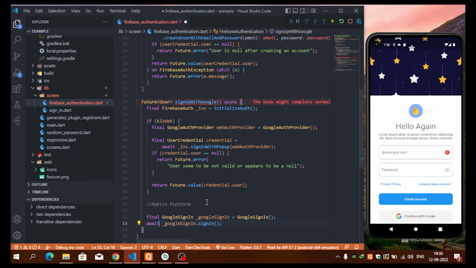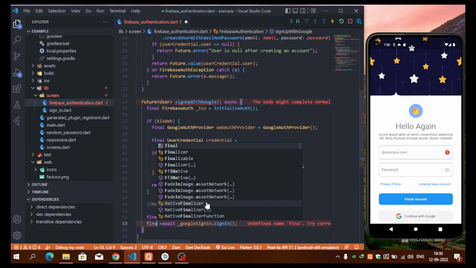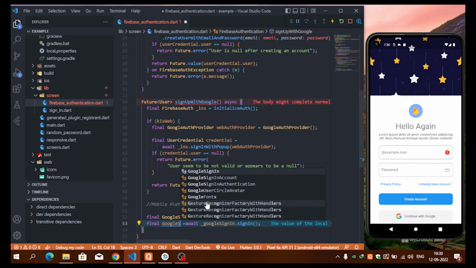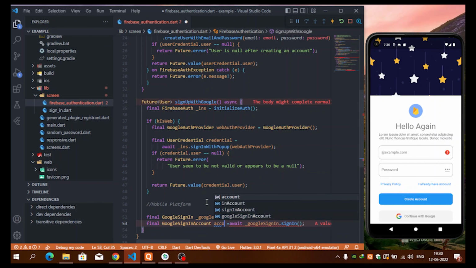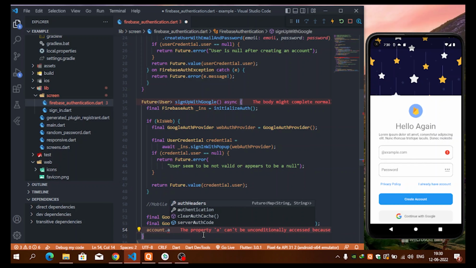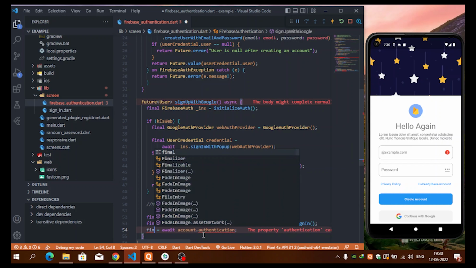So there should be an await here, and then I will catch this GoogleSignInAccount inside an instance of GoogleSignInAccount, and I will call it account, and it may be null, so I will put the question mark here. After this I will use this account instance to get the authentication. So I will use account.authentication, and it is a future function, so it will take time, so I will use await, and then I will catch this authentication